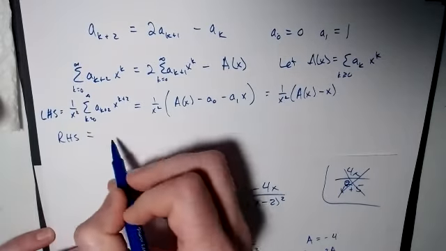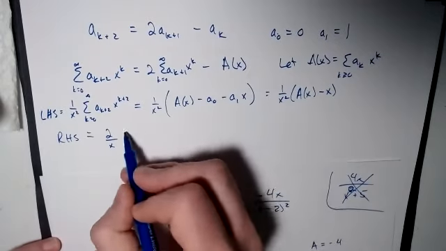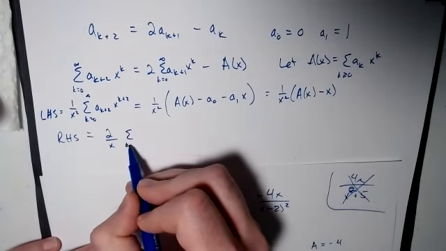So then our right-hand side, this is going to be 2 over x times the sum as k goes from